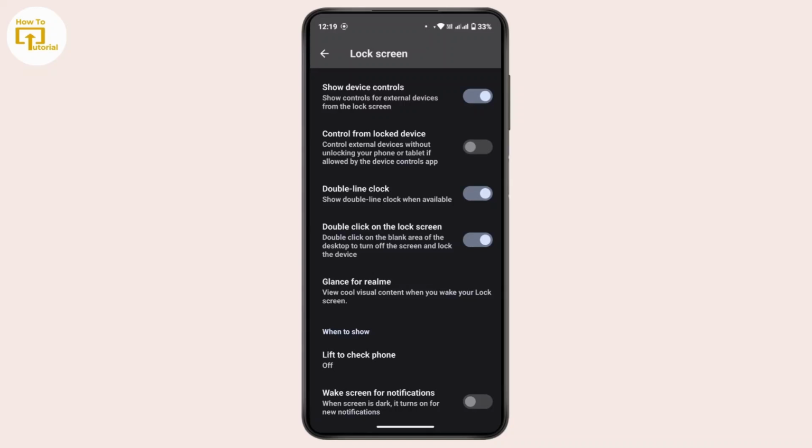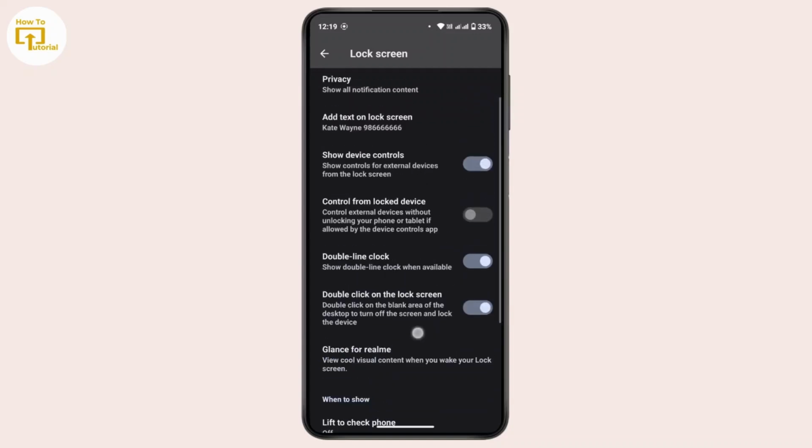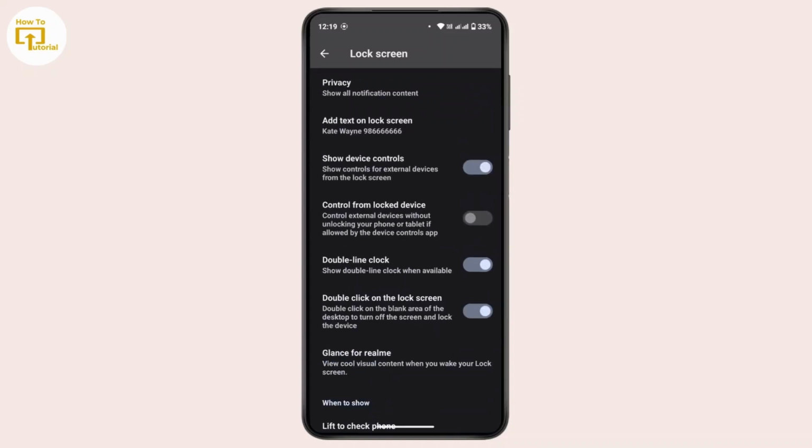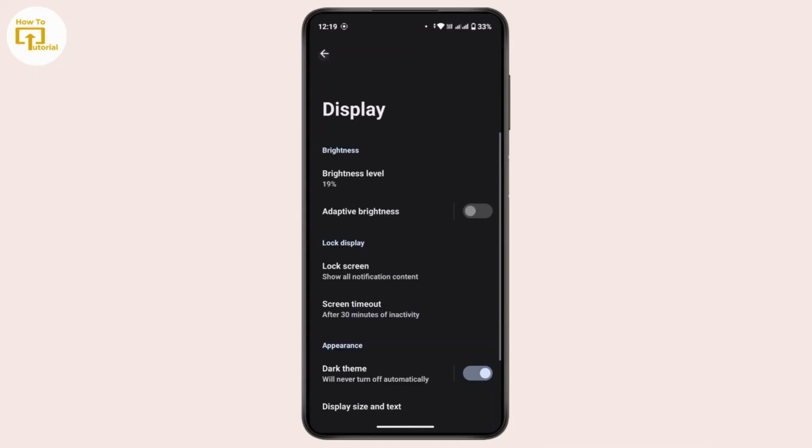So to enable the double tap to turn off screen, you have to toggle this button. Once you have toggled this up, this will allow you to double tap on the screen to turn the screen off. Now, in order to enable the double tap to wake up the screen, you have to go back,